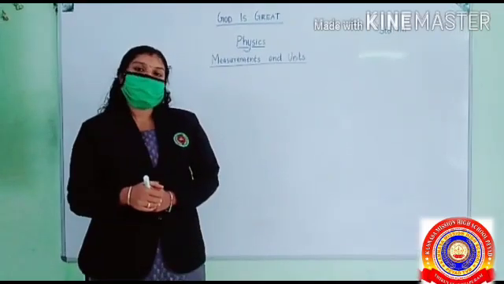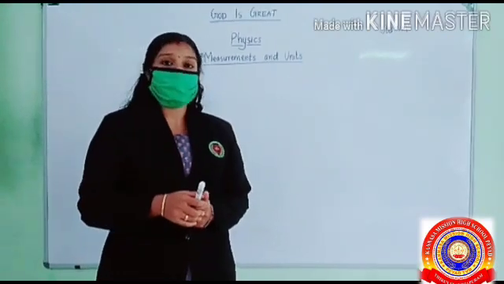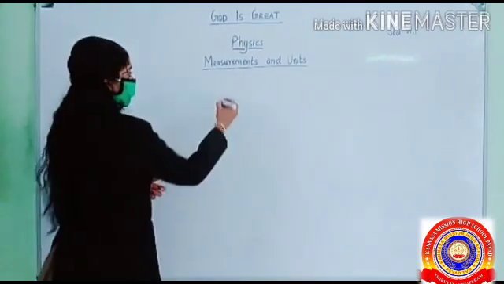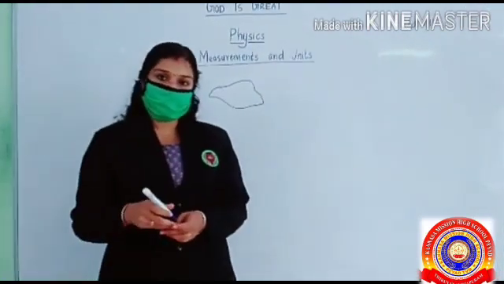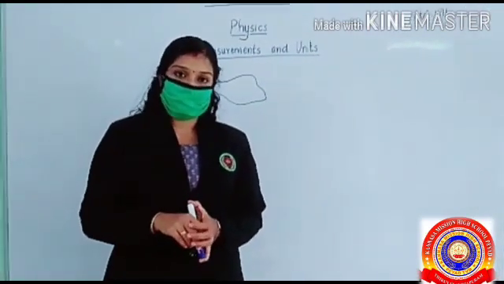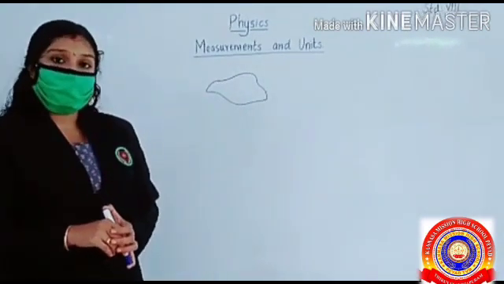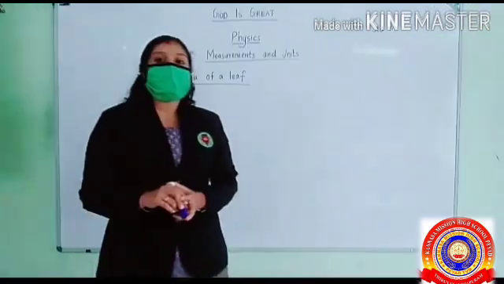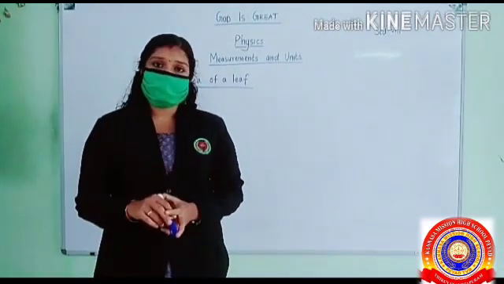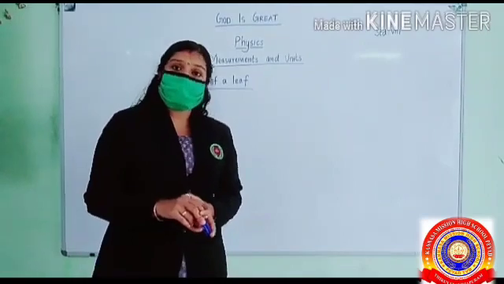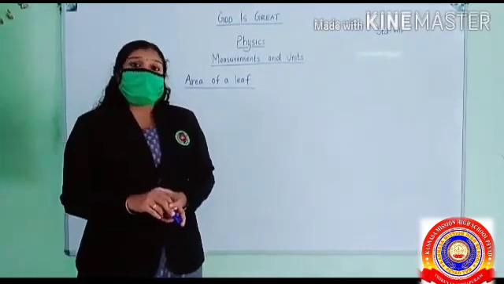Can you find the area of a surface having irregular edges like this one? So, let's see how we can find out the area of an irregular surface. For that, we are going to find out the area of a leaf. It has an irregular surface. To find its area, we are using a graph paper. You are very familiar with graph paper. Yes. In a graph paper, there are so many horizontal and vertical lines that make so many squares.